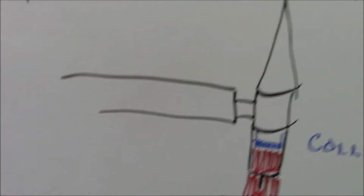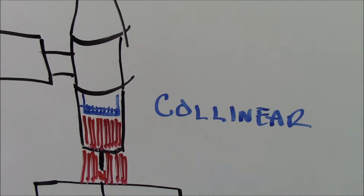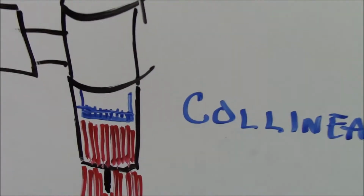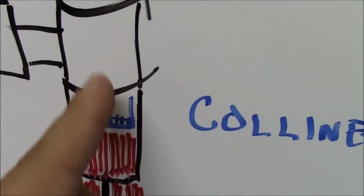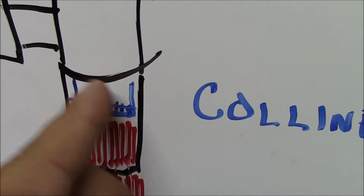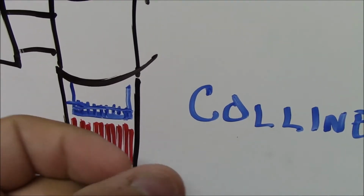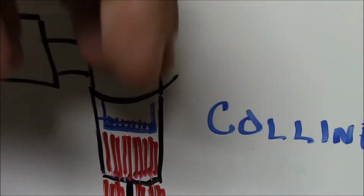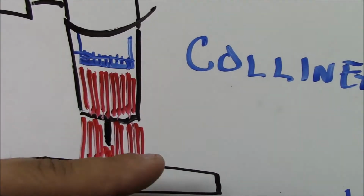So the advantage then for the gas lenses is that they produce a collinear type gas flow. This is the diffuser that screws into the torch head, and instead of like 4 or 5 ports drilled up here, it's like a lens where, I haven't counted them, but say 50 holes that when the gas comes down it just channels it in collinear movement to each other,